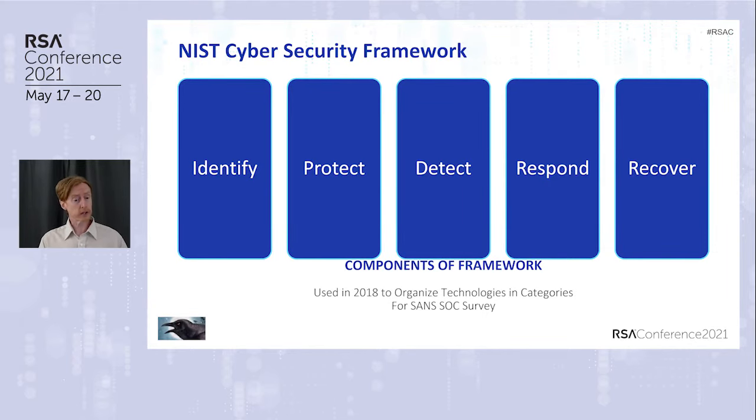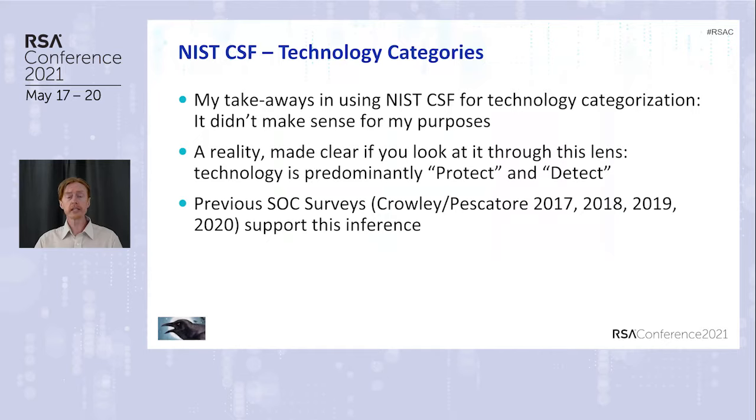And so what I did was I took this and then I took the technology list that I had at the time. This was actually part of the 2018 SANS SOC survey that John Pescatore and I co-authored. This was an attempt to help to make it easier for people to answer the questions about the technology that they used. It actually didn't work great. It was a noble experiment, as it were. And what I found was actually, if I looked at the categories and then where the technology was, almost all of the technology was in the protect and detect.